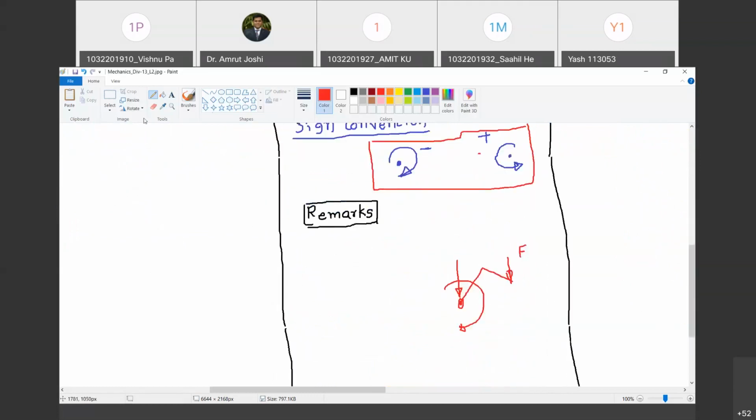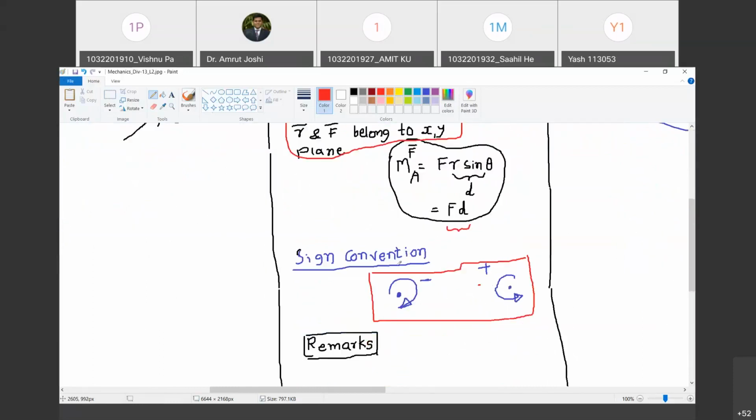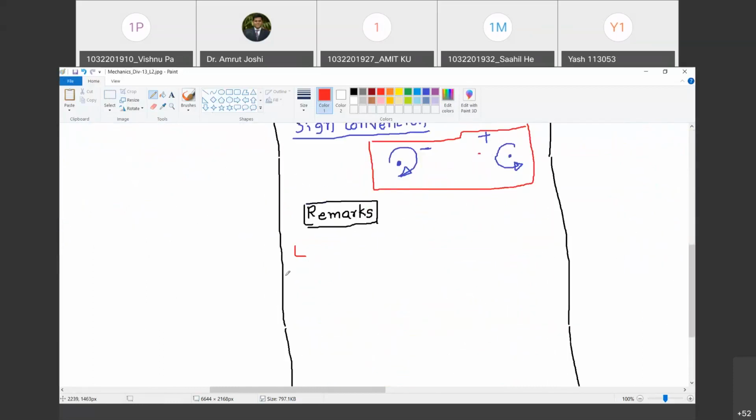Therefore, all the points that lie on the line of action of force on the body are going to experience 0 moment due to that force. So I will make that note here. All points on line of action of force F experience 0 moment due to that force. I have written it in shorthand. Later on, you can write it in your notebook in longhand.